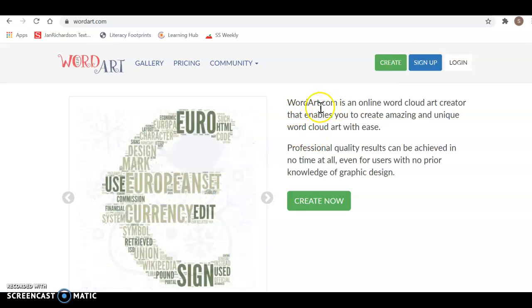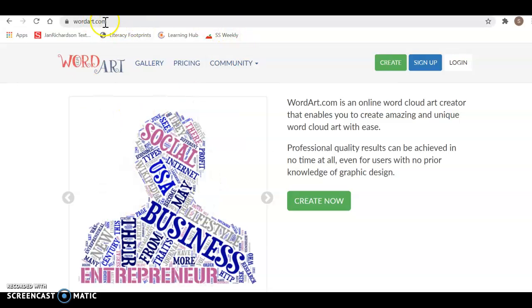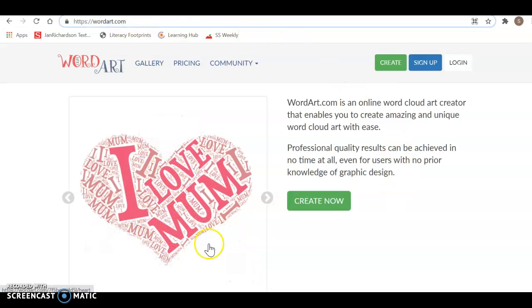So one suggestion was a word art word cloud. So you can see I'm at wordart.com, and then when you get here, that's kind of like a picture right there. You see that heart that's shown on the screen. That's what a lot of the students who are on campus created this year for their moms. I've done these in the past too. They turn out really cool. So in this video, I'm just going to kind of walk you through and show you how to create one